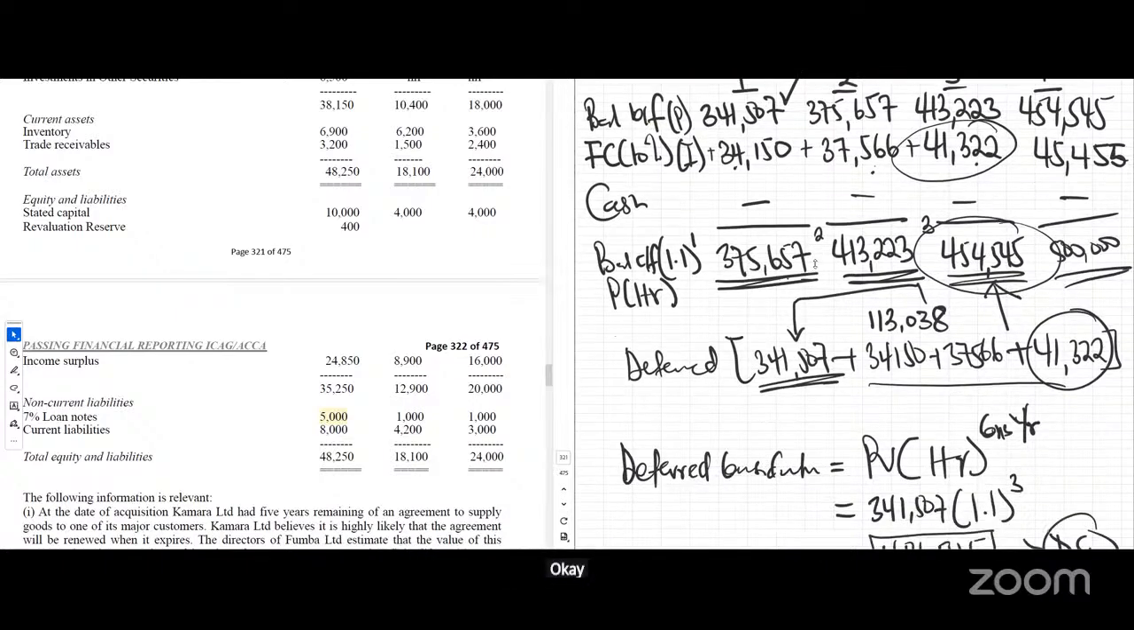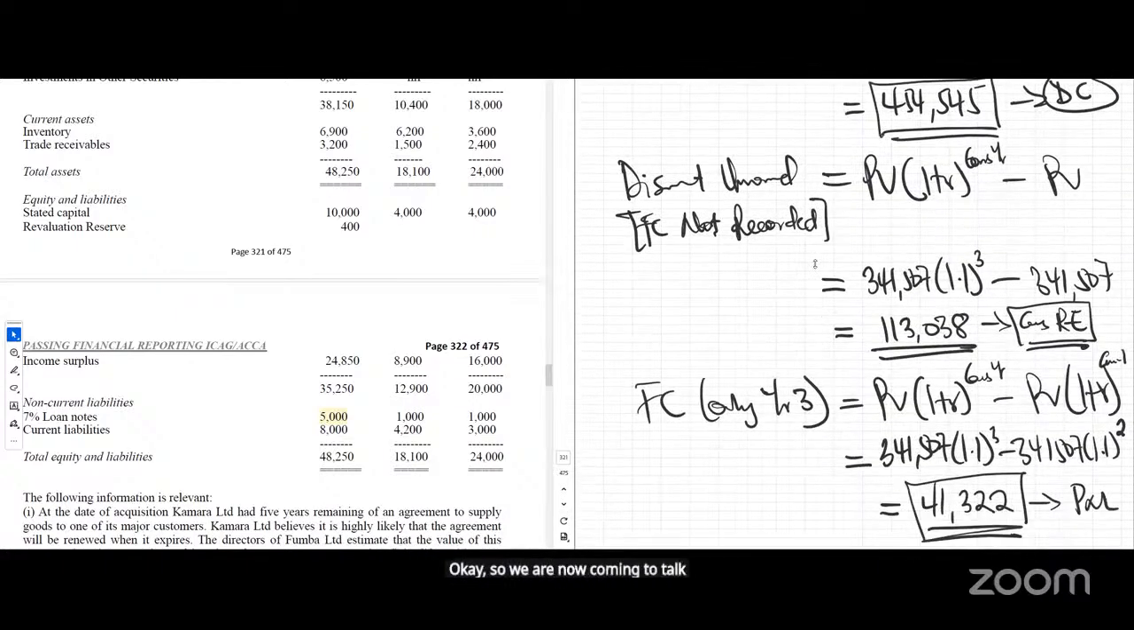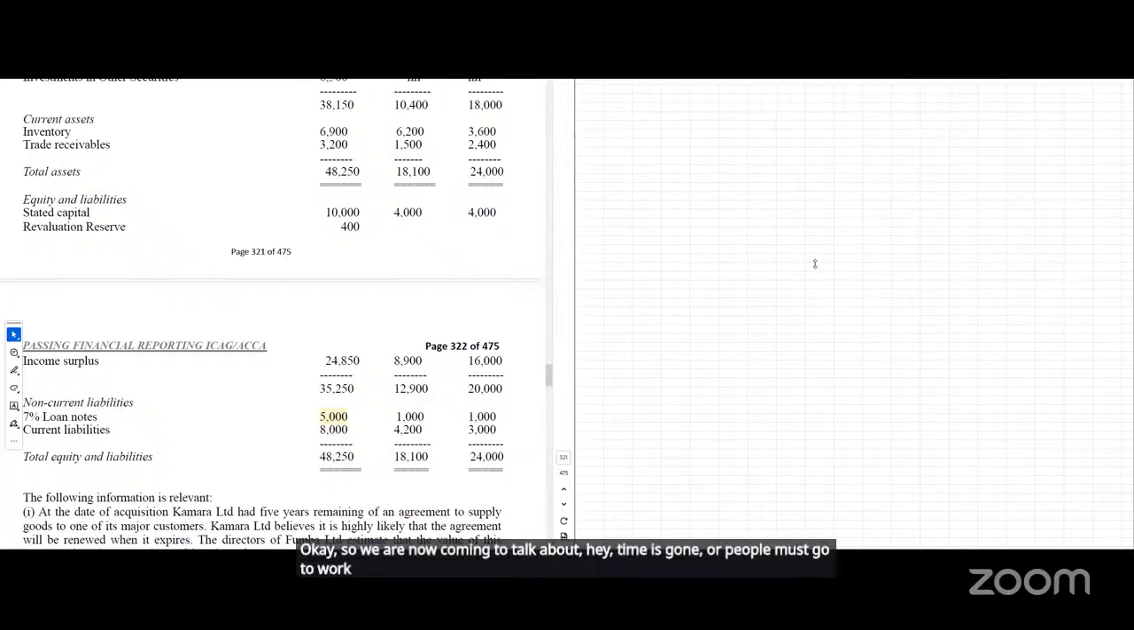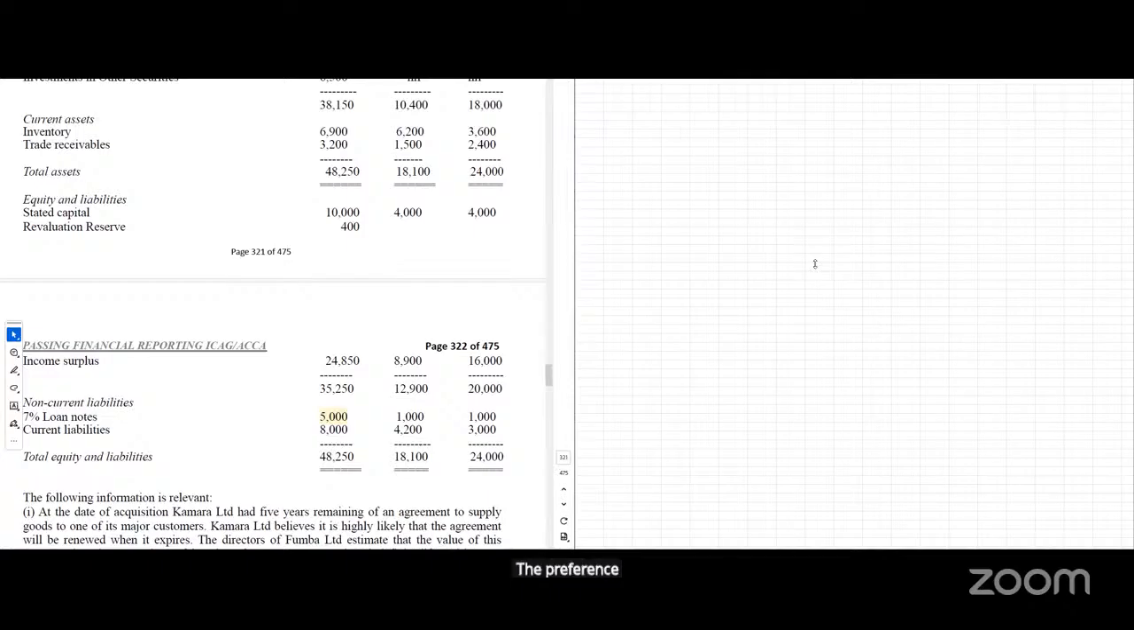Okay, so we are now coming to talk about, hey, time is gone. People must go to work. Let's just talk about contingent consideration and let's close. The preference shares, I'll just give you the concept. It's very easy. Now, for contingent consideration, if it's a liability, you just treat it like,